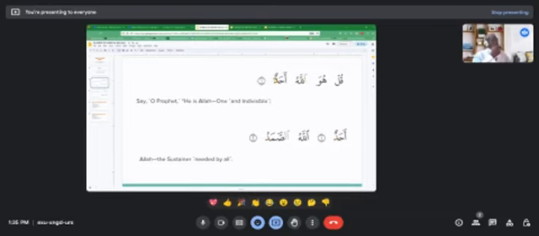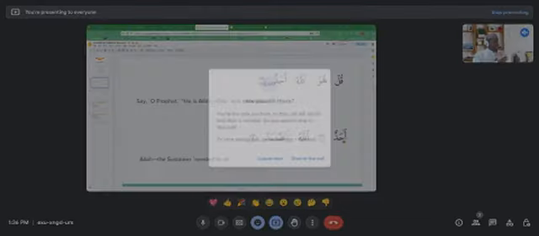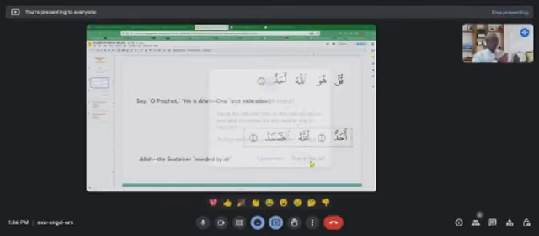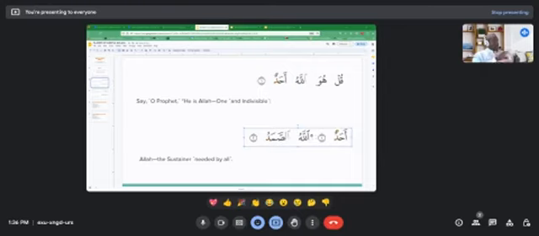And you see here there's dammatain, two dammas on the top. If you want to stop on two dammas, the rule is that you're gonna give the letter sukun, right? It's different if you want to pronounce this ayah together with the next ayah, right? Qul huwa Allahu ahad. So if you want to pronounce, oh, I made a mistake here. If you want to pronounce this together,